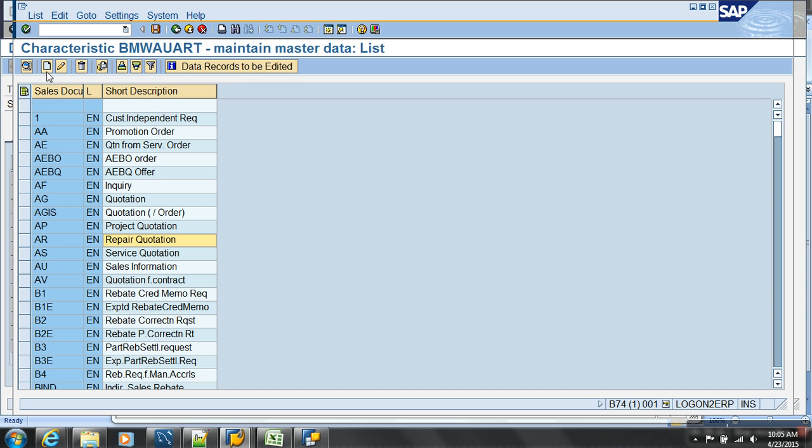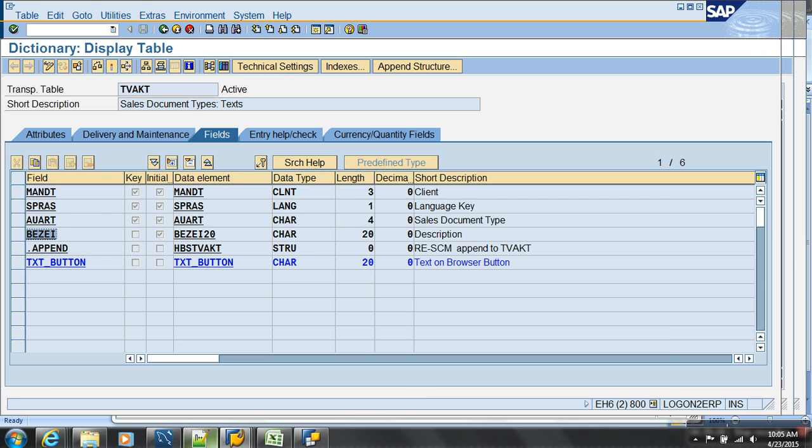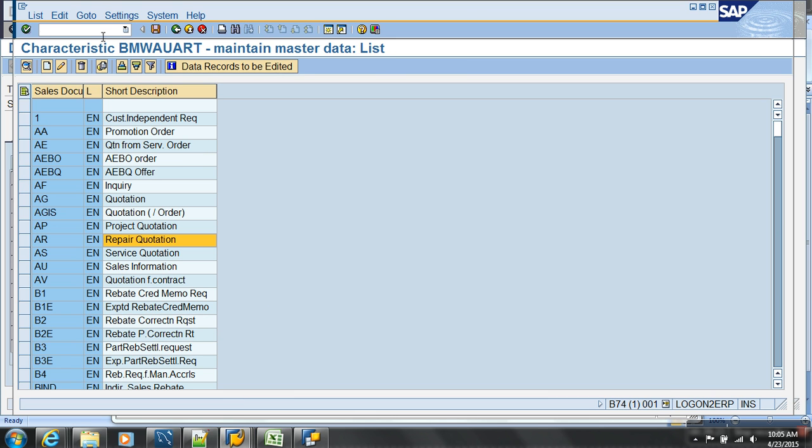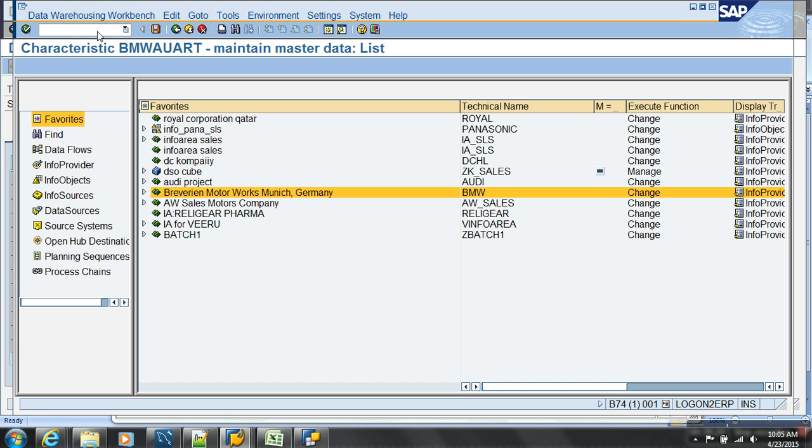Now let's say this time I want to show you with a flat file, not with R3. So one second, let me make the file ready.